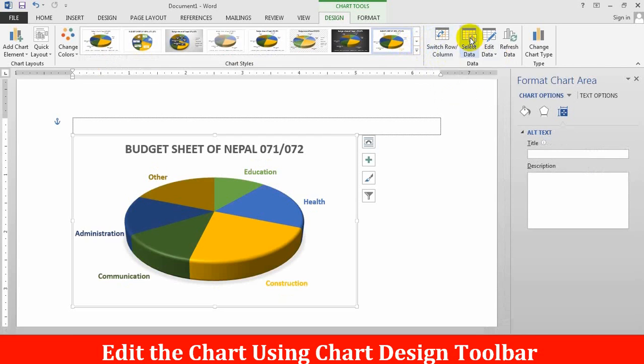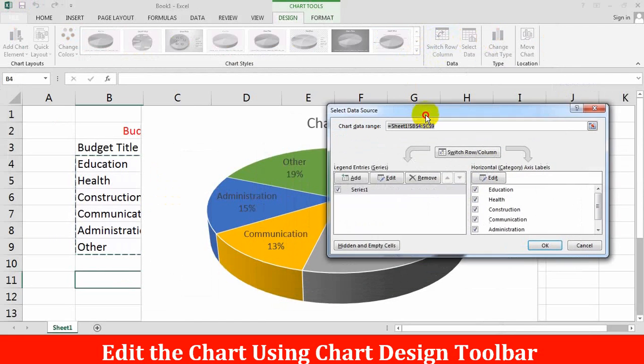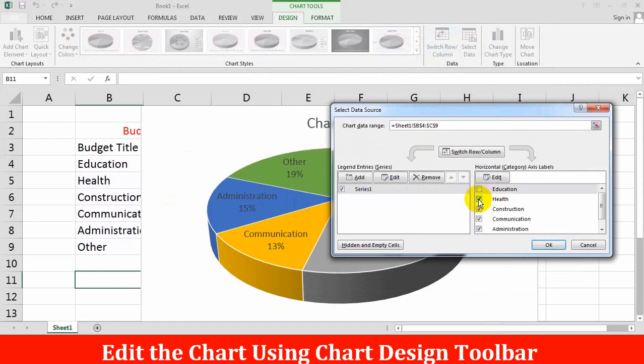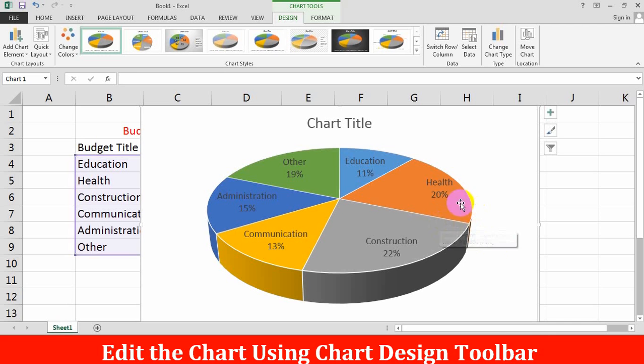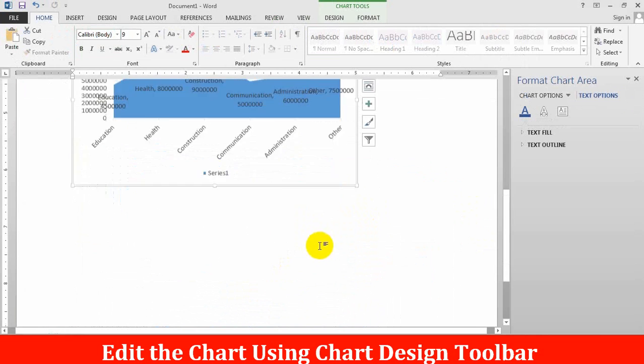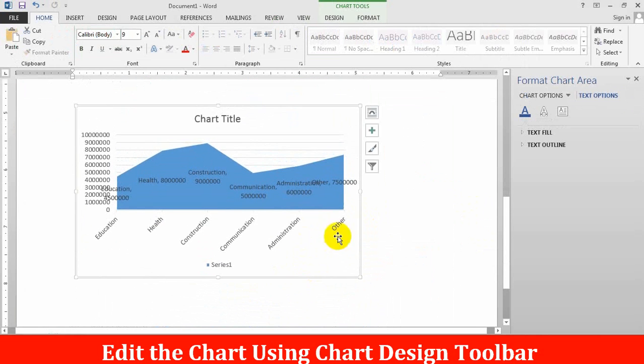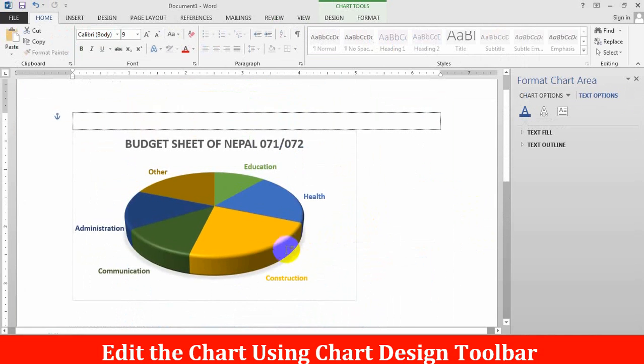You can also select the data. Here you can unhide the data also, or place the chart in the desired location. Again, you can change the title.